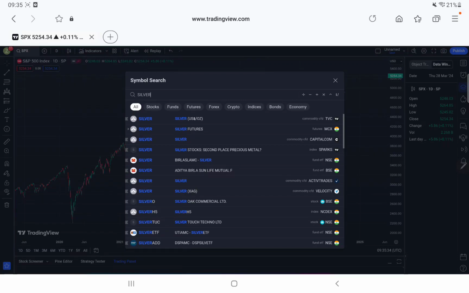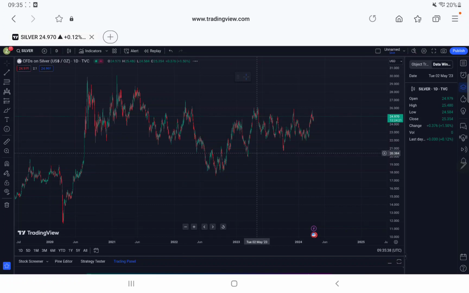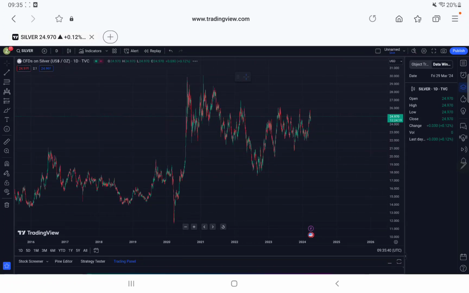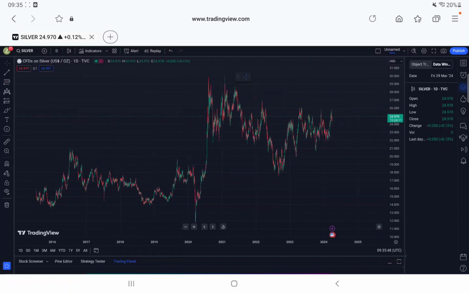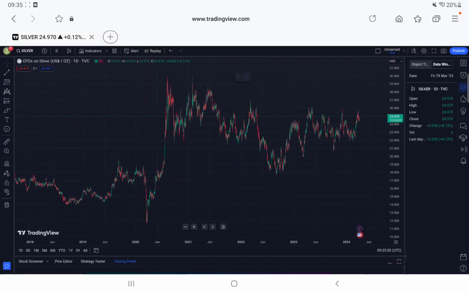I will do gold after this, but we'll go for silver first. Silver, right, this is quite interesting on the silver chart. If you look at this, what do you see? Personally, I don't really see much, because it just looks like pointless consolidation, but actually if you zoom in a bit,